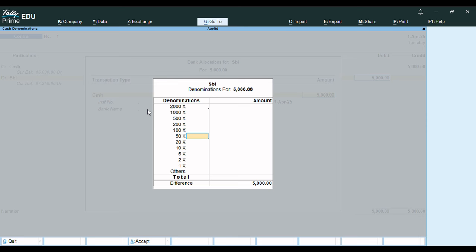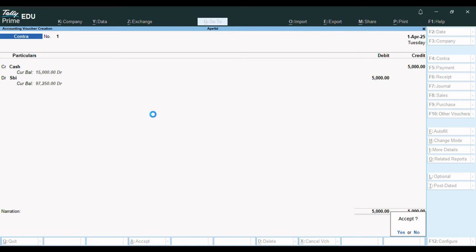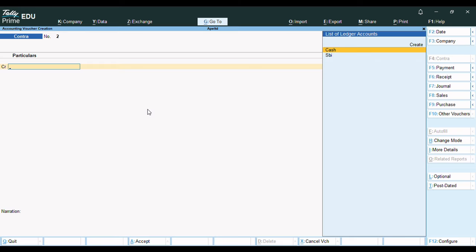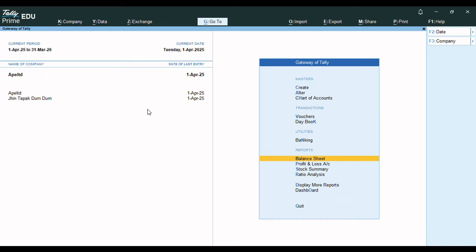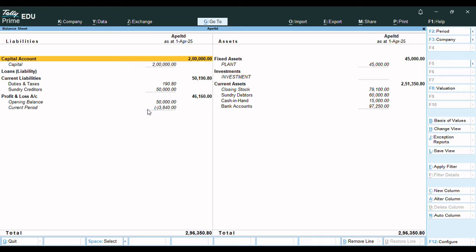No need to write, just skip all the. Yes, so we have done with all the entries. Now we can cross check our balance sheet. Balance sheet Alt F5. Okay, so there is a loss of